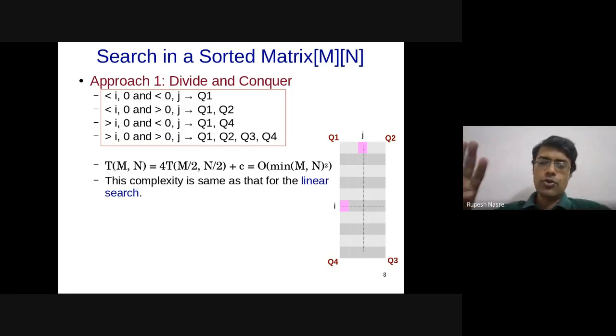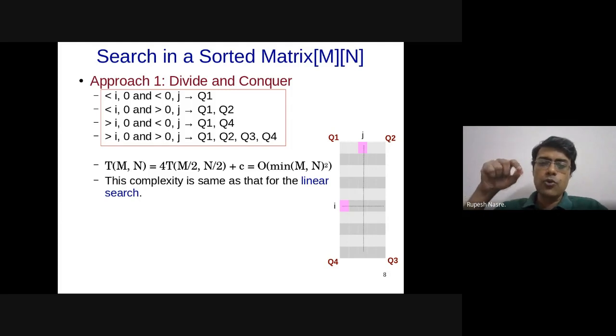Right? That is also okay. That is not a problem. It's just that if you start from Q4 and Q2's ends, that is those endpoints, then you will be able to always move and discard, because you are always discarding the row or the column, and therefore you will be able to move appropriately.